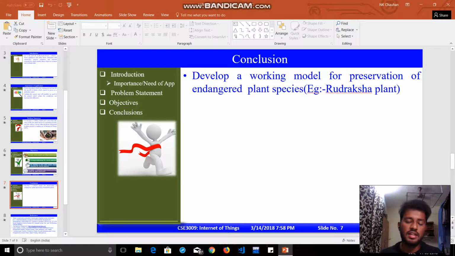So that's when the idea sparked for him to have a system where we can take care of not just the Rudraksha plant but other endangered plants, in order to have good growth for them, and at the same time make it very cheap, reduce the complexity and be very efficient in what we're doing. So, and we couldn't find a better way